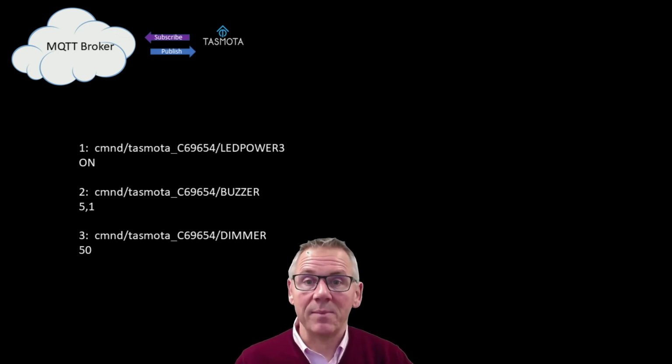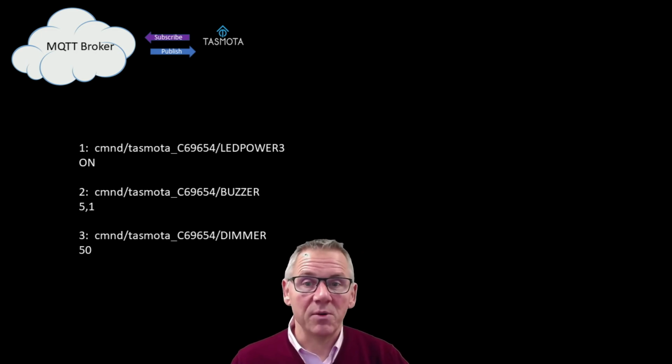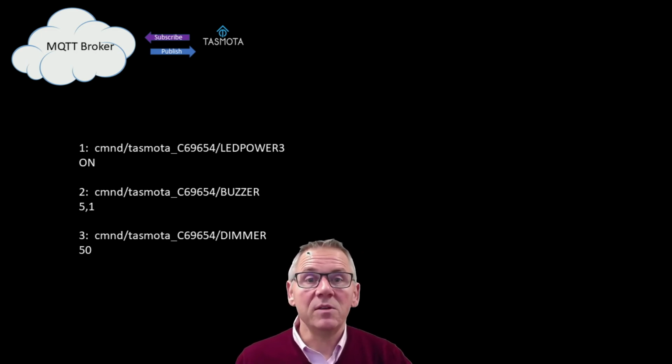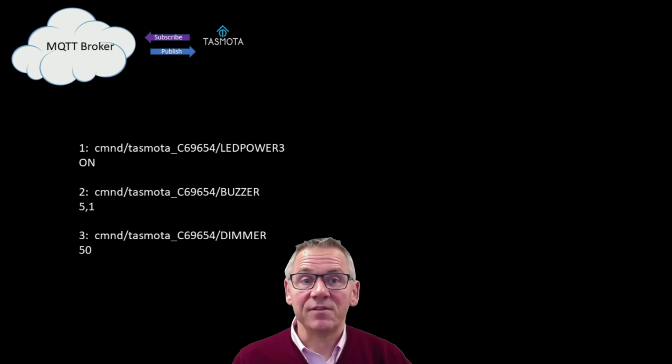Finally, let's look at the command topic. We will focus on actuating a few components on our Learning Tasmota PCB. From the MQTT Lens client, we will publish a few commands intended for the Tasmota device. To turn on LED 3, we will publish a message to command/device name/LED power 3 with a payload of simply on. To sound the buzzer device 5 times, we will publish a message to command/device name/buzzer with a payload of